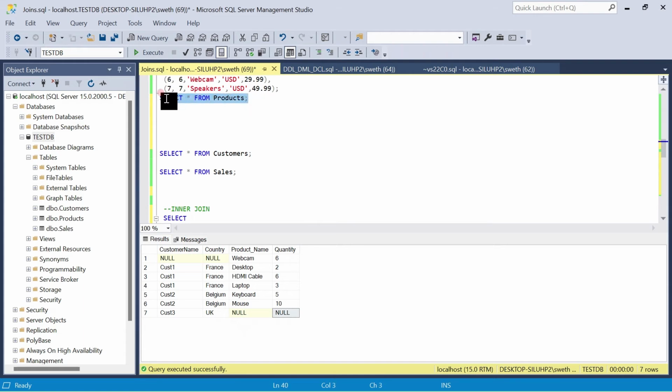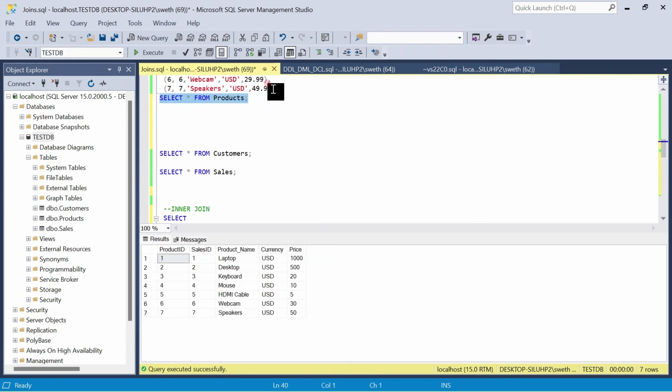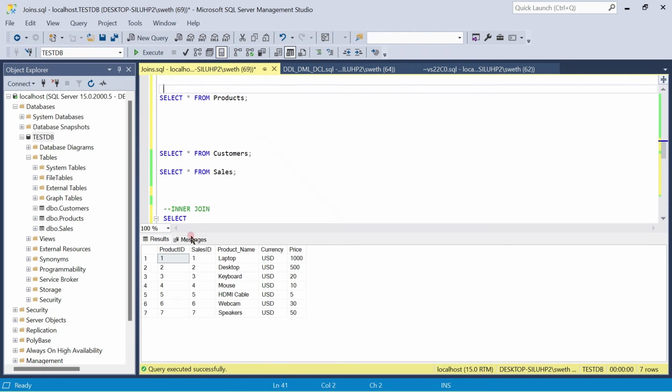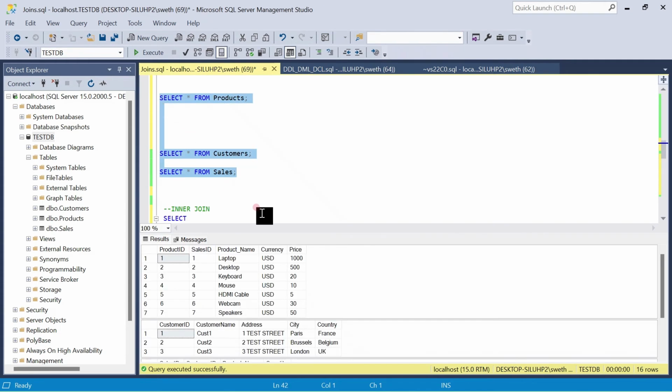I've created another table called products. If you see the products table, it is giving information about what is the product ID, what is the sales ID, what is the product name, what is the currency, and how much is the price. So here you could see, by seeing this, you can sense one thing. Okay, let me run these three commands together. So you could see